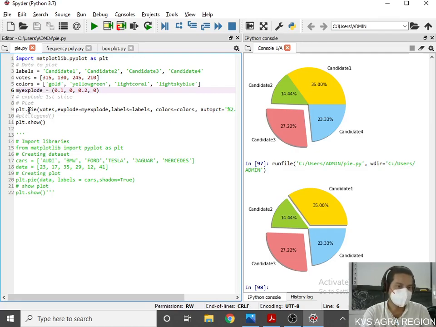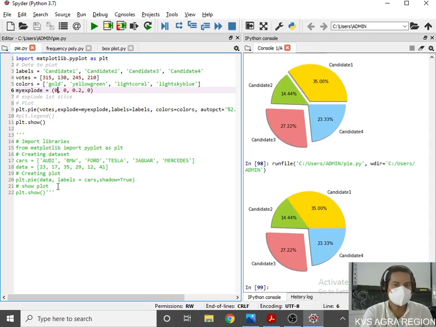The function used to develop or show the chart is plt.pie, which takes the data in the form of votes in this case, and then explode.